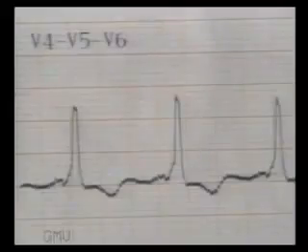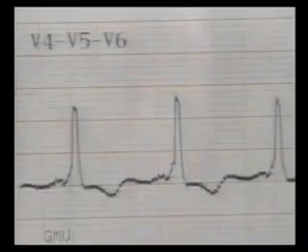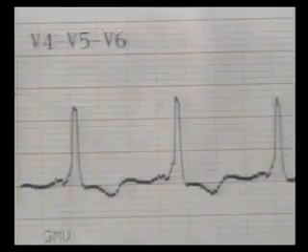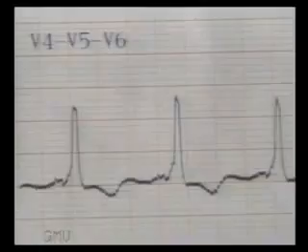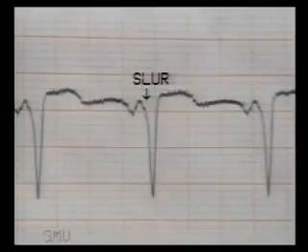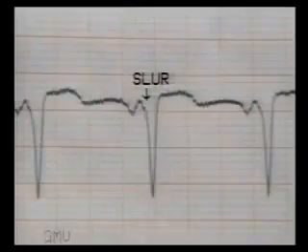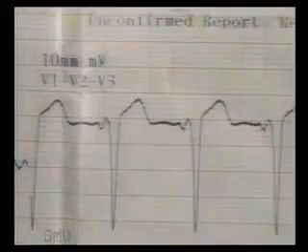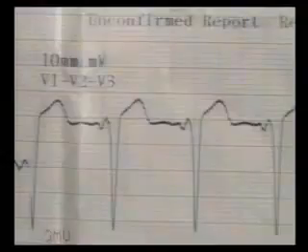It is accompanied by an inverted T wave, which is opposite in direction to the QRS complex, indicating abnormal ventricular conduction. Whenever ventricular conduction is via the normal pathway, the T wave is in the same direction as the QRS complex. The slur of WPW syndrome is also seen on the downstroke in the leads showing a predominantly negative QRS complex. Note the slur on the S wave in V1 and the absence of the PR segment.